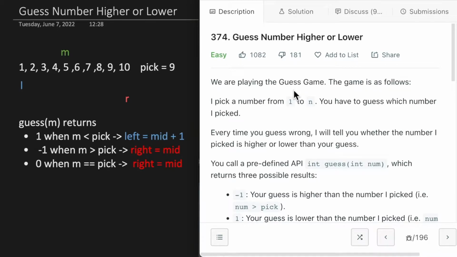Today we are solving guess number higher or lower. So we're basically playing the guess number game. Someone is going to pick a number from 1 to n, and we have to guess which number the person